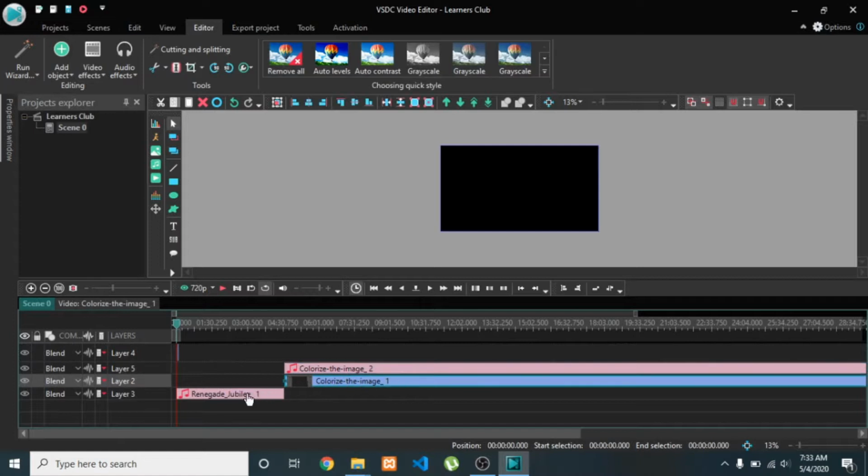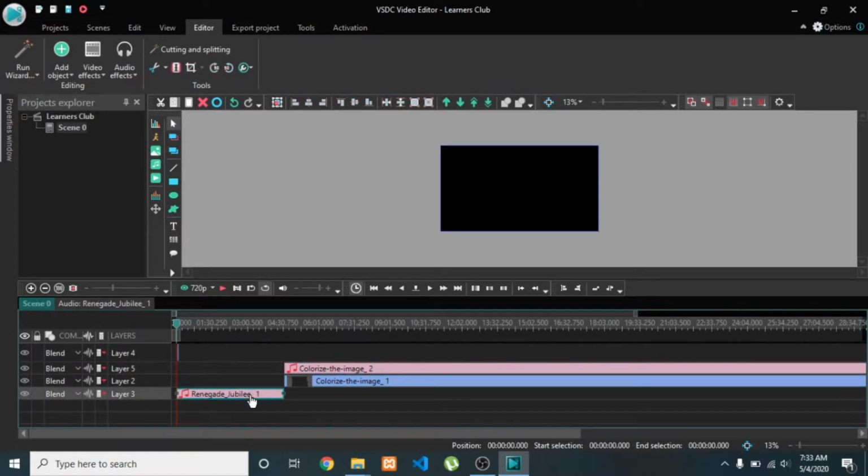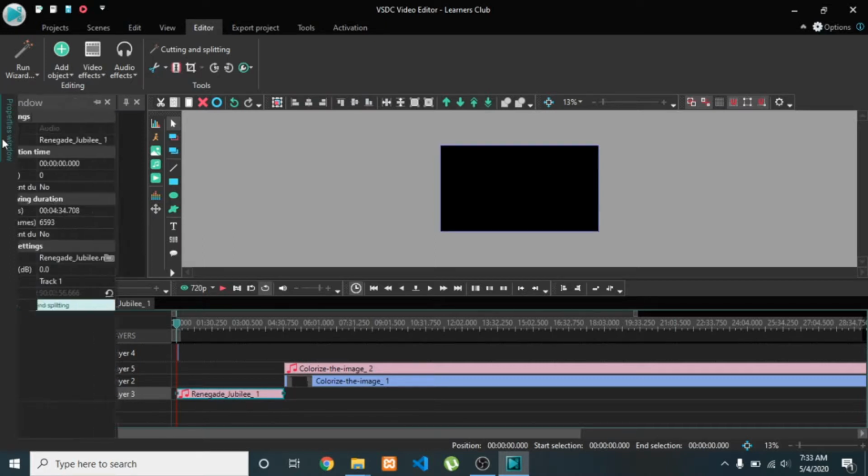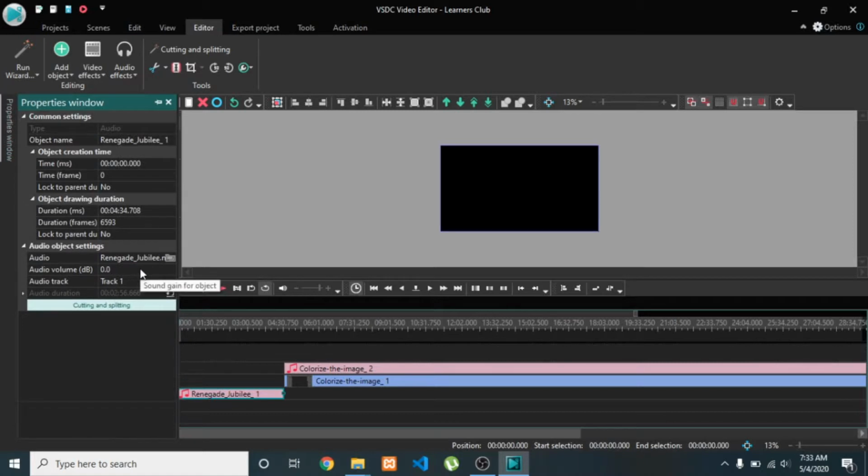And what if I want to decrease the intensity level of edited music? For that I will click on the audio file and go to property window. If you see here, audio volume level in audio object setting, in the very below portion of the property bar you can see this audio volume level.